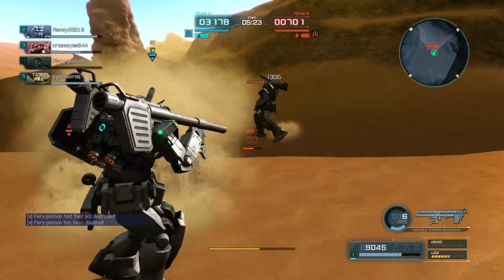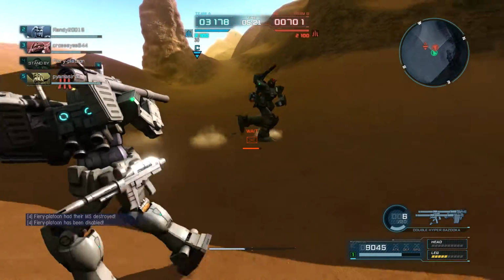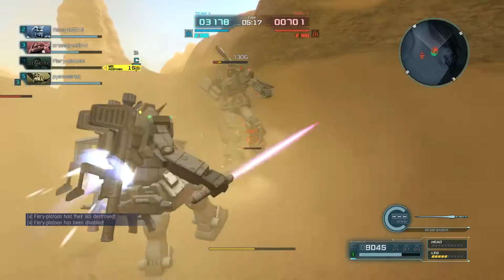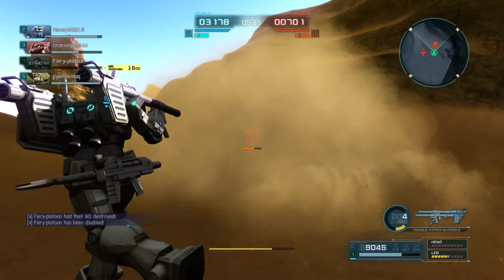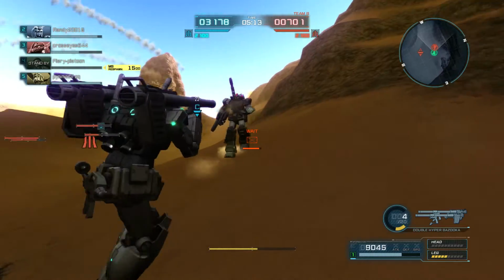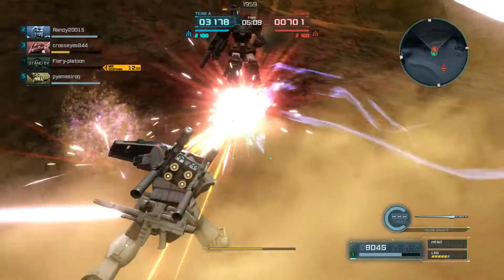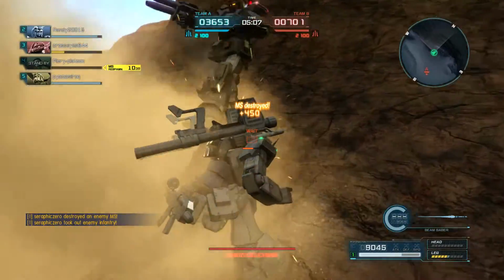Anyway, this full armor Gundam is sort of making the same mistake. Really interesting that he's trying to capture the spawn point close to our base, but now he is stuck with me, and I have a speed and damage advantage over him. I have no idea how that missed, but anyway, what you'll see that I'm doing here is,